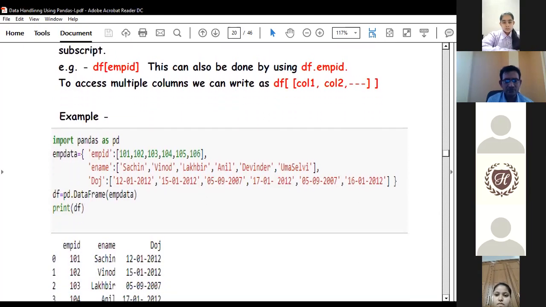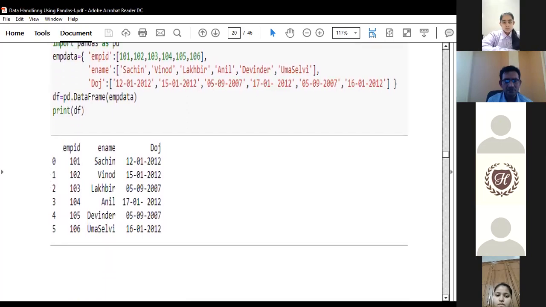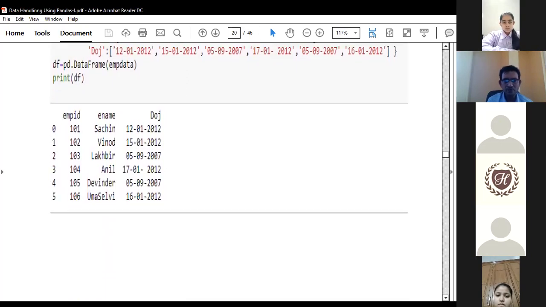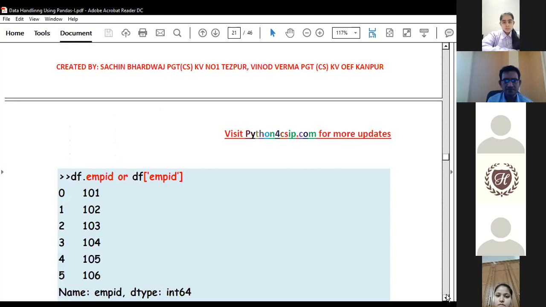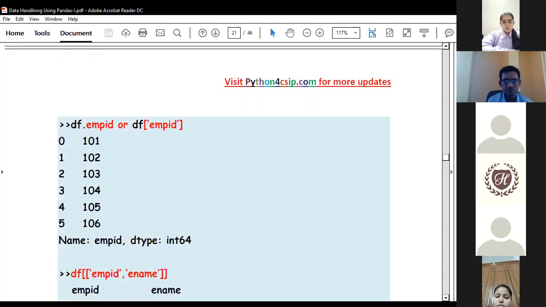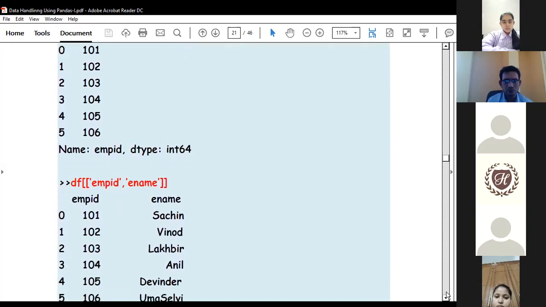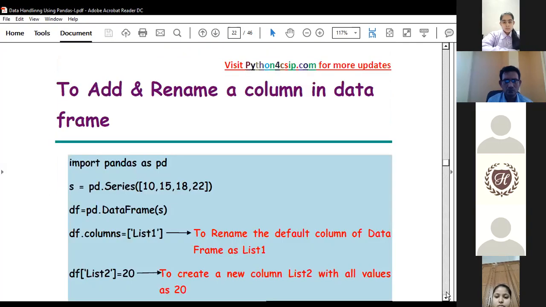Then we have the next operation that we worked on. Clear? How to add and rename a column. So other than Shriya, who wants to say something on this?